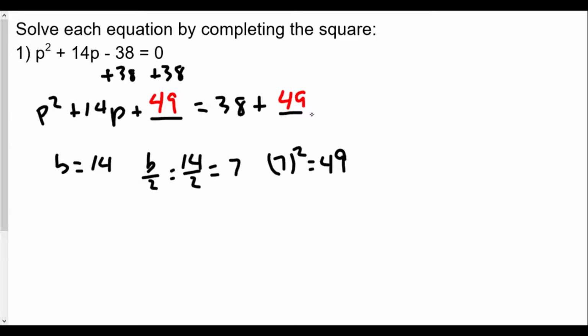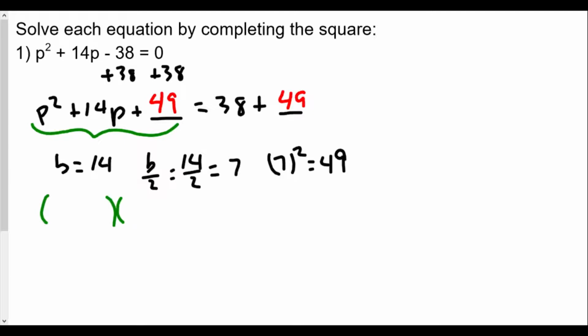So we moved the c term, the 38, over to the right side. We created spaces to be added to both sides of the equation. We found the number by taking the b term, dividing by 2, squaring it, and then plugging that into our spaces. We're now going to factor this. Some of you might say, but I'm not so great at factoring. But the great thing about this is,